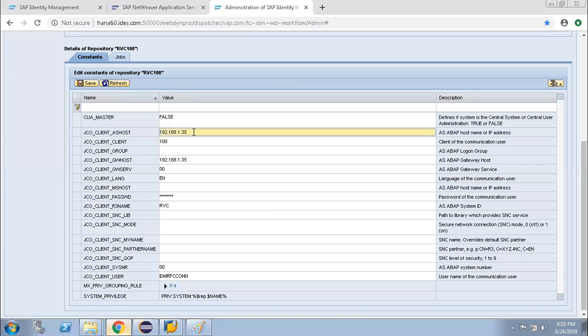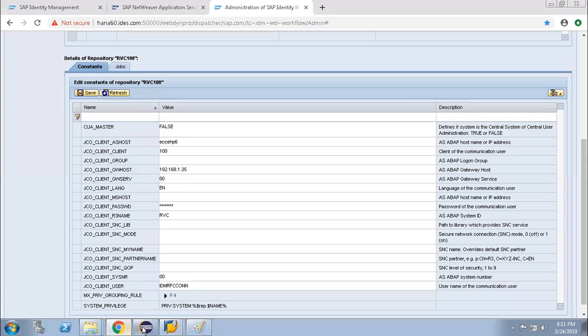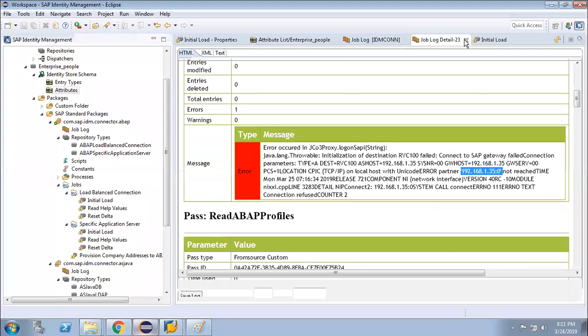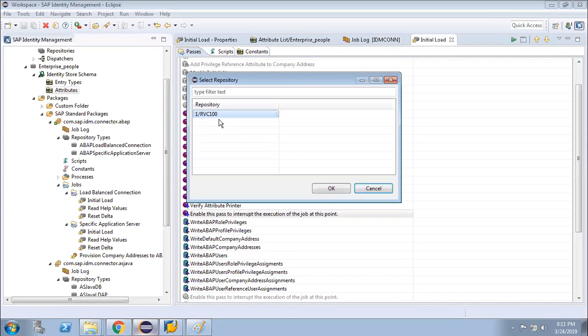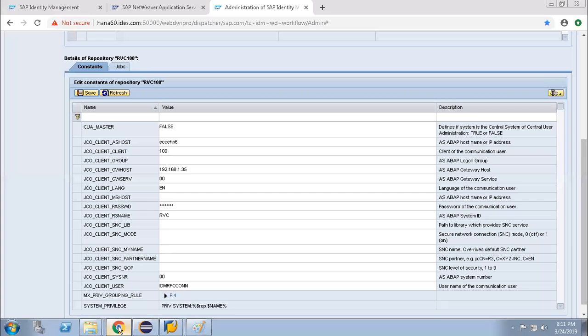This is the host. Only this will take. So that's the logical name, right? Yes, that's the logical name actually. Let's try with this one again. The other one we have to keep the same. Gateway also we should put the same, I believe.